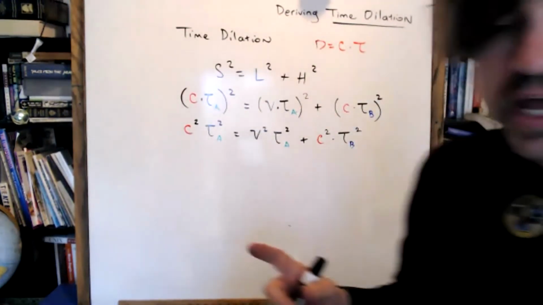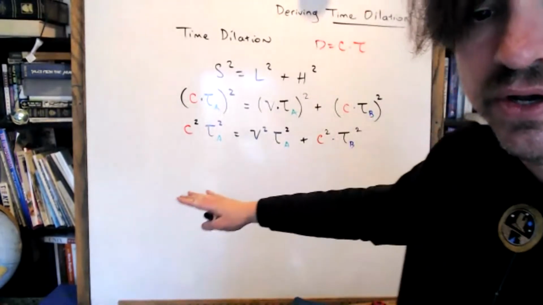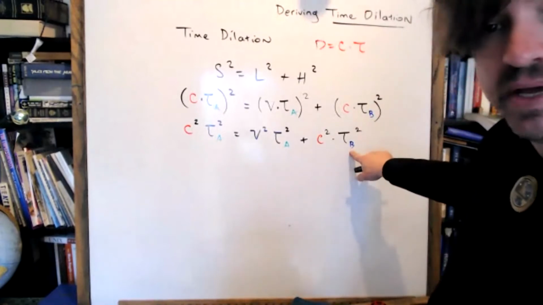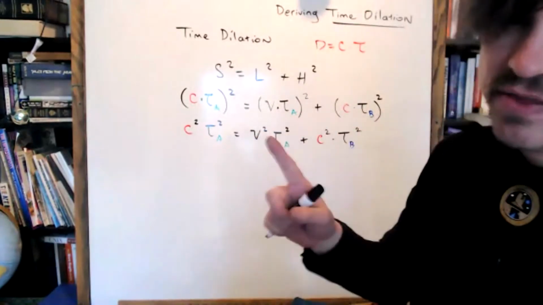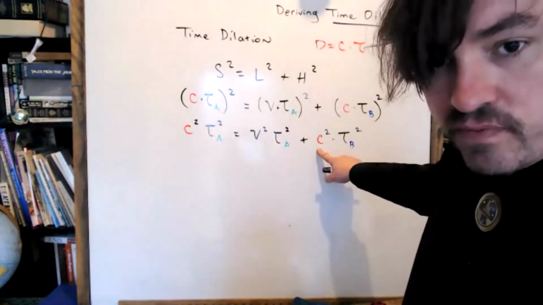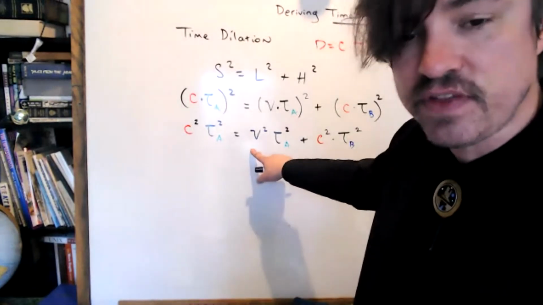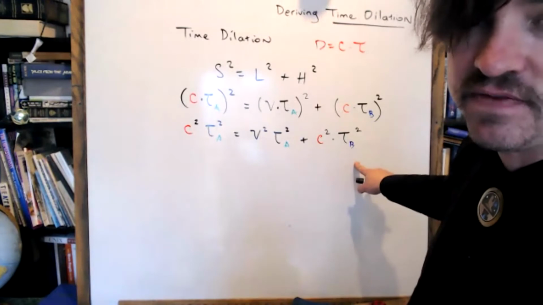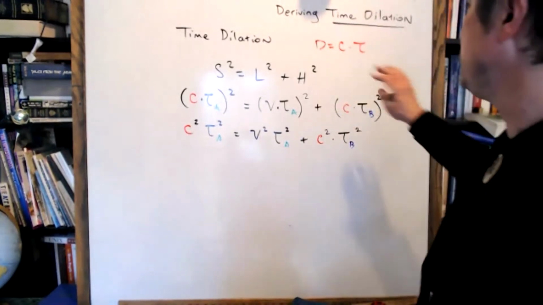Now, in a weird way, we're kind of already done with our equation. We have an expression which expresses B's time in terms of A's time, and the only other numbers left in the game are the speed of light, which we know already, and V, the velocity of the cart. In other words, the velocity of the cart determines the difference between the rate of time in A's frame versus B's frame.